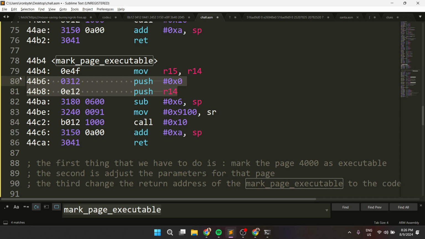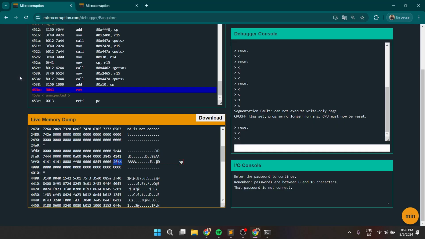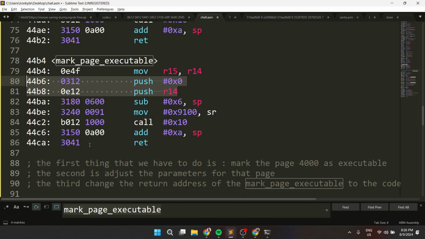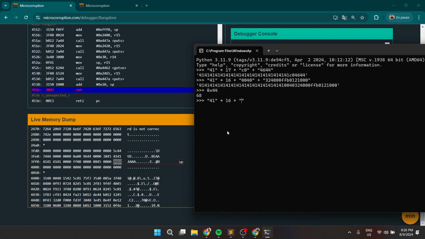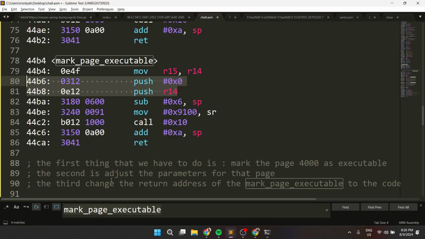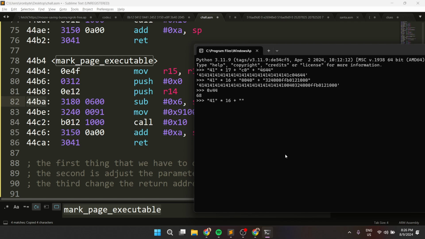To do that, we have to push them into the stack just after calling the function. So I'm going to be assuming that the function is called. We know that before calling any kind of function, we have to pass down the parameters, and the parameters should be before the calling of that function. So the calling of the function is going to be at this address, which is 44BA. Since it is little endian, we have to flip the bytes,